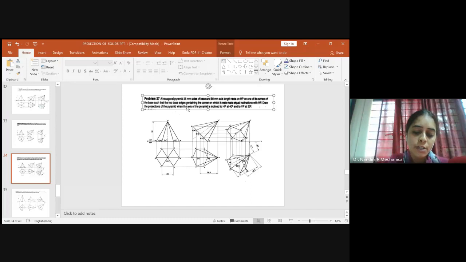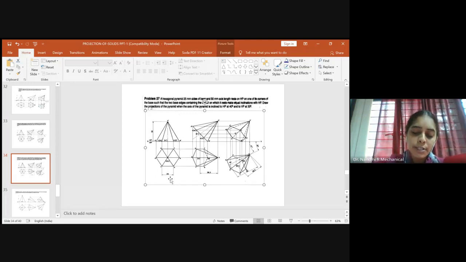So when you place the corner towards your right, by default you'll be having the other corner opposite to the position where you have fixed, right? So you'll be having two corners opposite to each other. In that case, when you view from the top, you will get a true shape of the surface of the hexagon as shown here on the screen. So when you view from the top, you will get the bottom surface as our top view. This will be the true shape. And you know that the bottom surface is named A, B, C, D, E, and F. So the same naming we will show in our top view also.